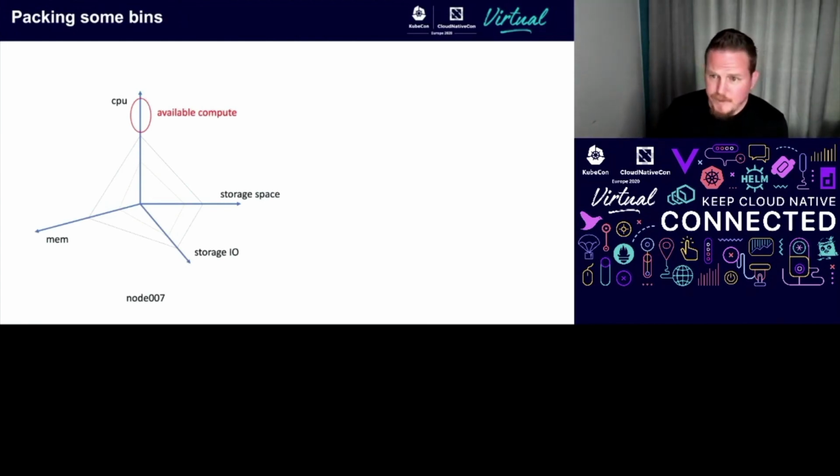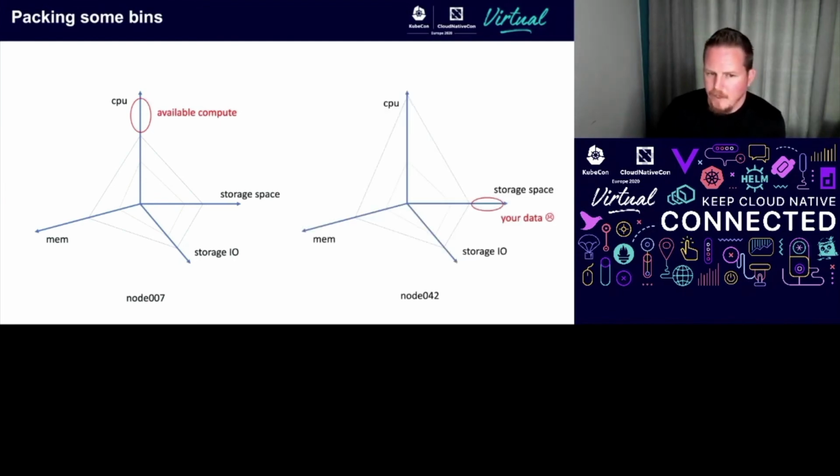The other problem that might present itself is, okay, you have available compute, right? And you want to use it up, but the data already exists on another pod, because you're using local storage somewhere, and your data's over here. Sure, you could have something that's going to make that data over on the right host be remotely accessible, right?